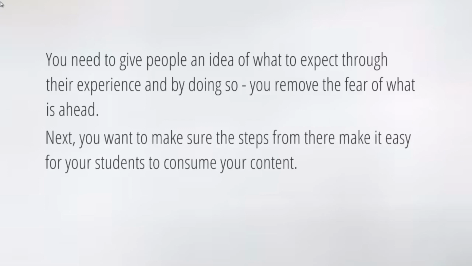Next, you want to make sure that these steps from there make it easy for your students to consume your content. So like I previously mentioned, maybe you have the welcome video, and then after that, maybe a checklist that they can download, and whatever else will make it easier. So in other words, you don't have to necessarily make more videos besides the first introduction video, but you want to lay it out so that you can see, okay, so should I put all of these videos,